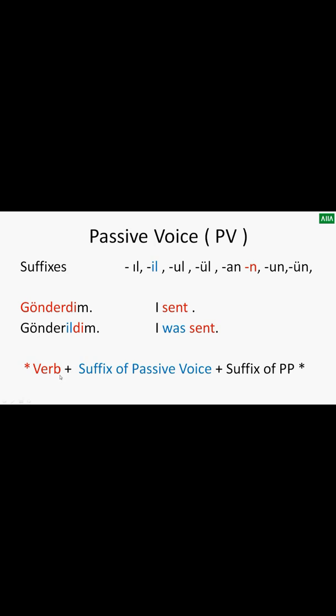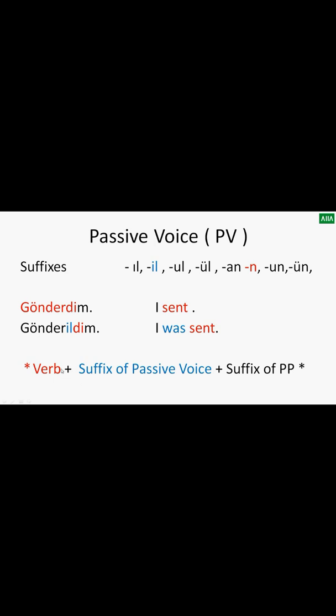If you want to make passive voice sentences, you should learn this formula: verb, then the suffix of passive voice, then tense, and then the suffix of the personal pronoun. So if you understand this,